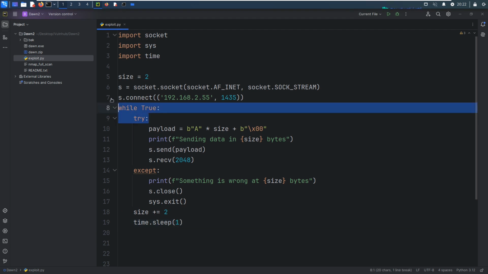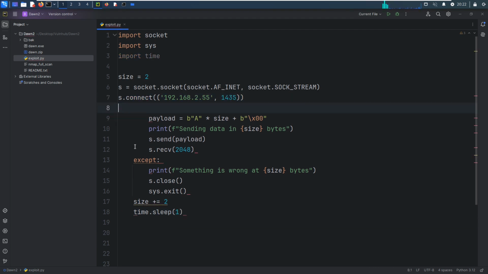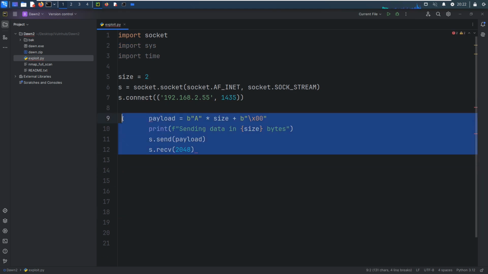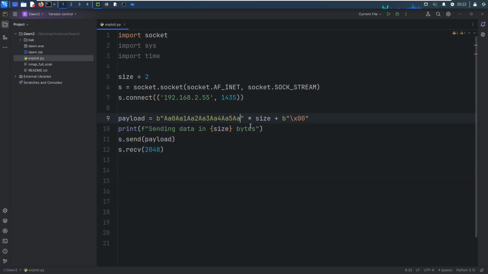Of course, in this case we can delete. Okay, save, and so